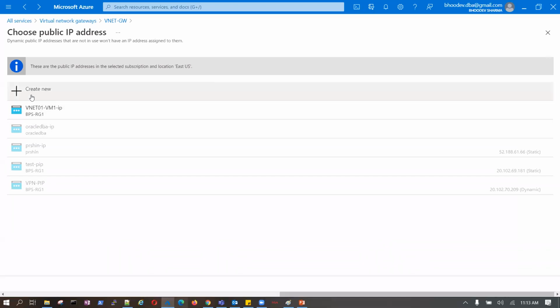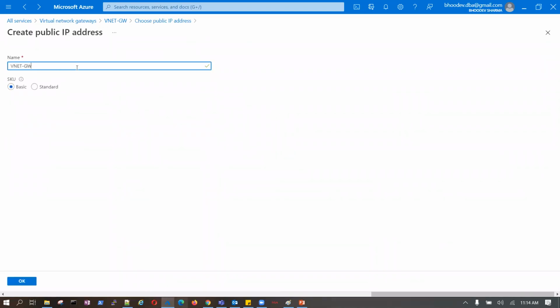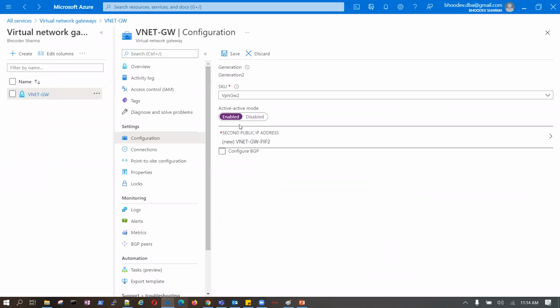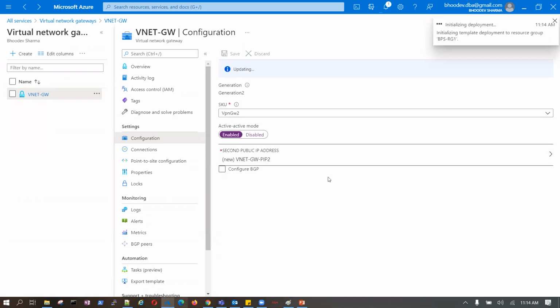If you have one available, you can use that. If you do not have one available, then you can create new. So I say create new, and I name it VNet gateway PIP2, and I want to use it. So now I can enable active mode for this particular VPN gateway.